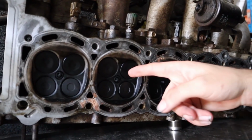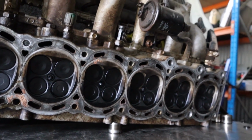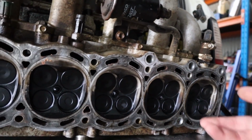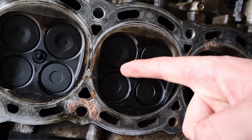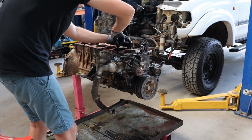So this is what the head actually looks like, guys. It's actually still got the plugs in it even. And looking at this head, there is no obvious evidence of any lean out going on. Which is good for the head, obviously. It's good for the rebuild because the head still looks in pretty good condition. You can see there's a fair bit of pitting in the actual head casting, which would indicate probably a bit of knock, a fair bit of knock. But